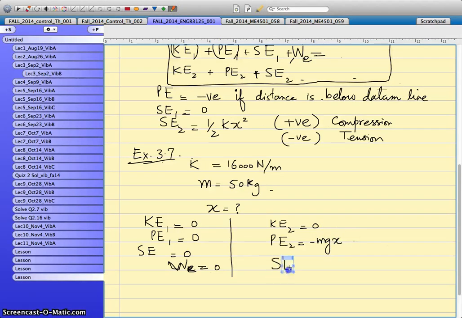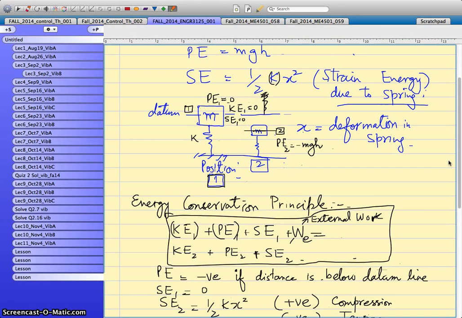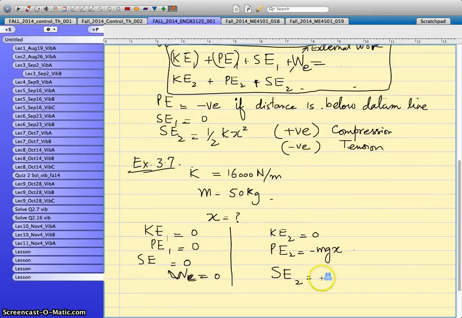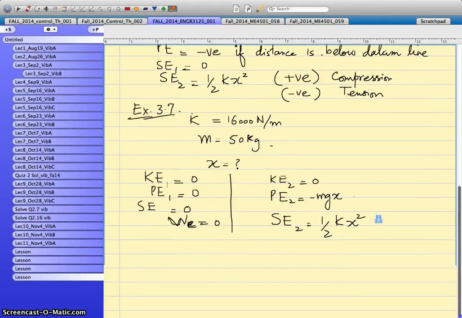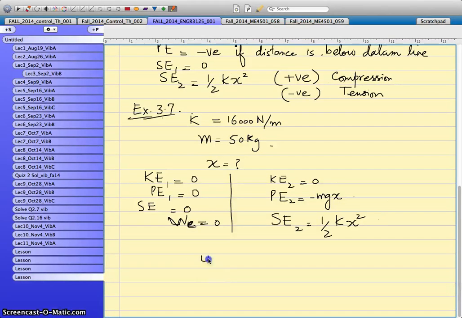How about the strain energy? Would the spring be under compression or tension at position 2? It's under compression, so we will assume the convention is for compression we use positive, tension we use negative. So it is half kx squared. So let us plug in all these values in this equation. Left hand side is equal to 0, is equal to minus